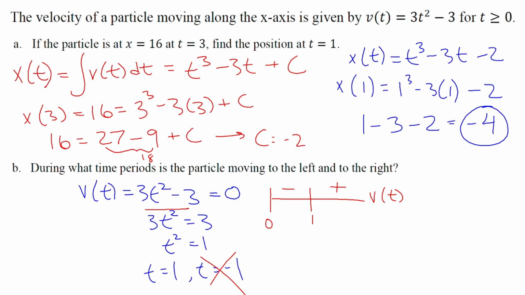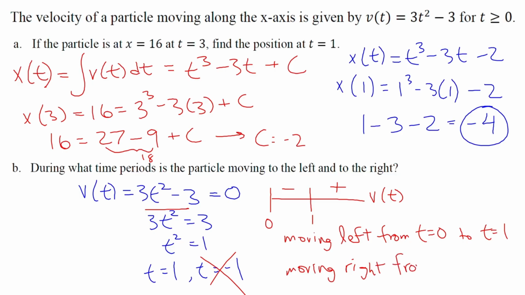And 3/4 minus 3 is negative. So that tells us that our particle is moving left from t equals 0 to t equals 1, and it's moving to the right when its velocity is positive